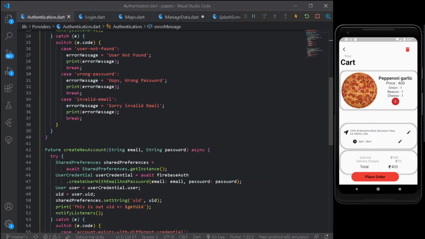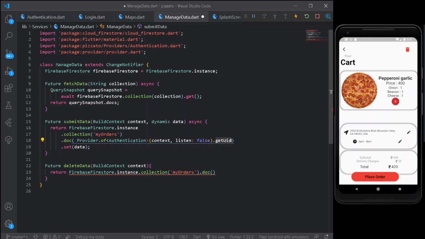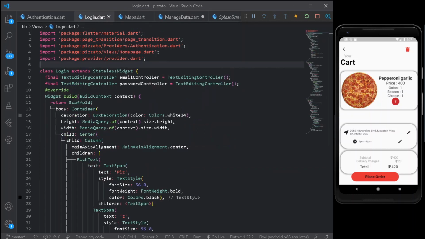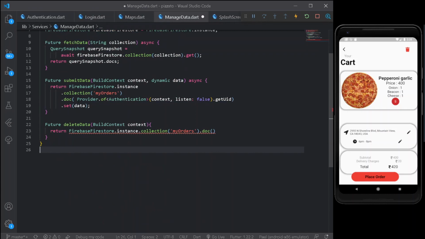Now there shall be two main differences in getting the user ID. So we shall be taking the help from the following user ID once the user is logged in for a new time, that is he has just signed in. Else we will be taking the user ID from our previous method, which will be from our login screen, that is from our splash screen. So to make it clear, we can go under our manage data, and here we will be taking the following thing, paste it here.